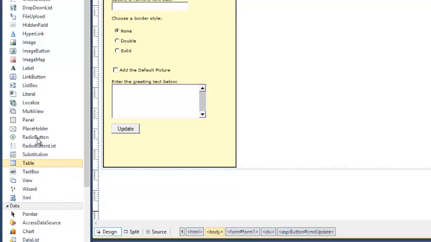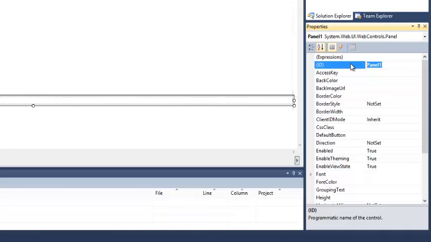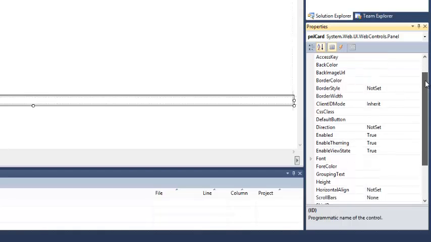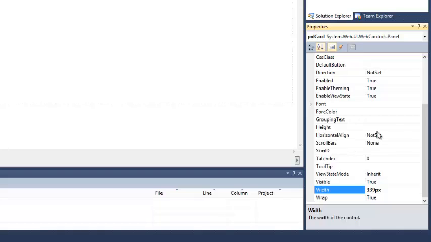Now I will use panel. Panel is also a container for the controls that we can use, same as the div, which is the HTML tag. Now I will add panel. Now this is the panel added, this rectangle added into the page. We will change the ID of the panel to pnlCard. We will change the width of the panel to 339, height of the panel to 486, and also there is